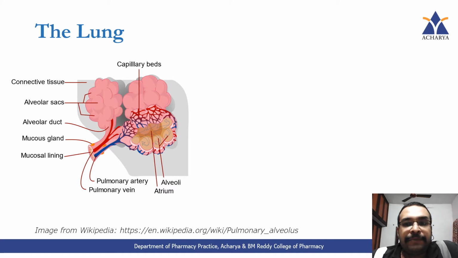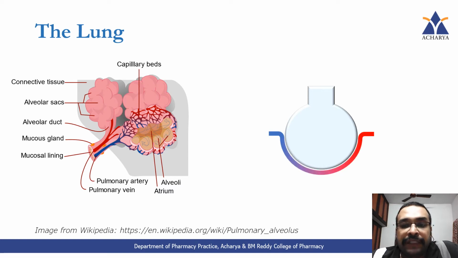Now, let us briefly look at how this process happens. Let us assume this as the alveoli. It is a circular sac, and the blood vessel flows around the circular sac. As you can see, deoxygenated blood is signified by the blue color. The deoxygenated blood enters through the capillary, and it exits as the oxygenated blood,